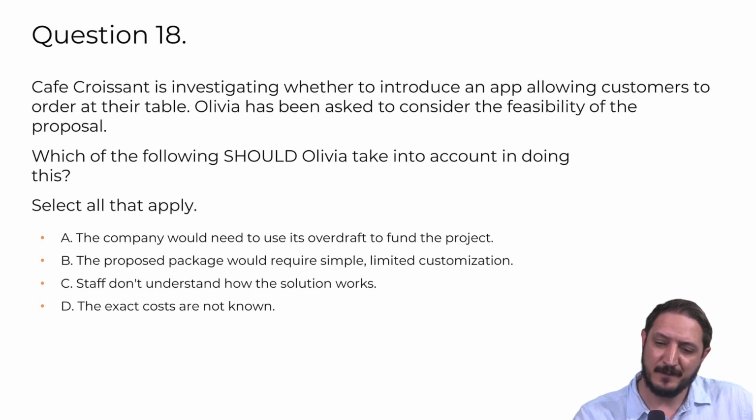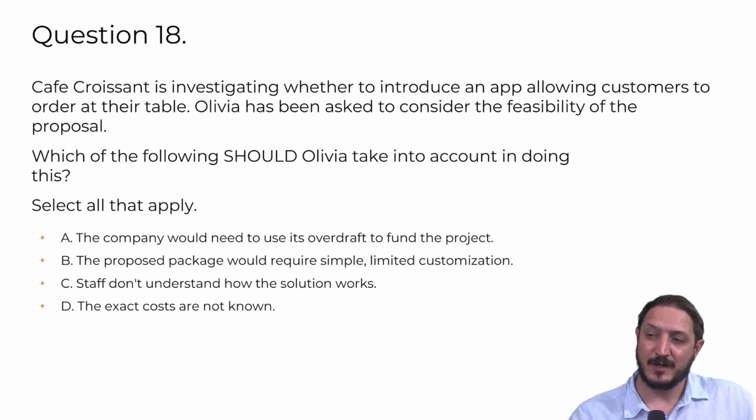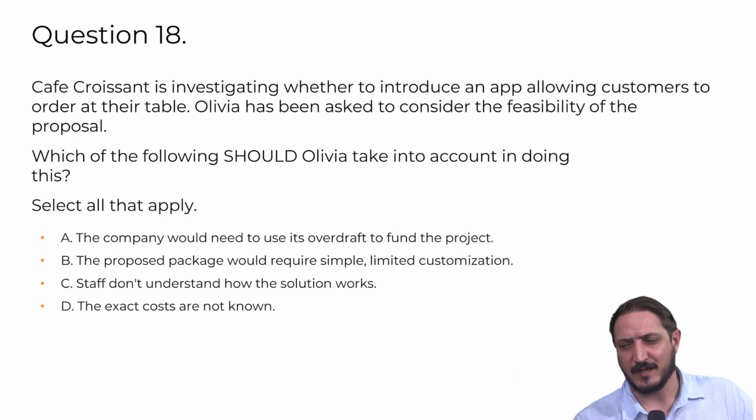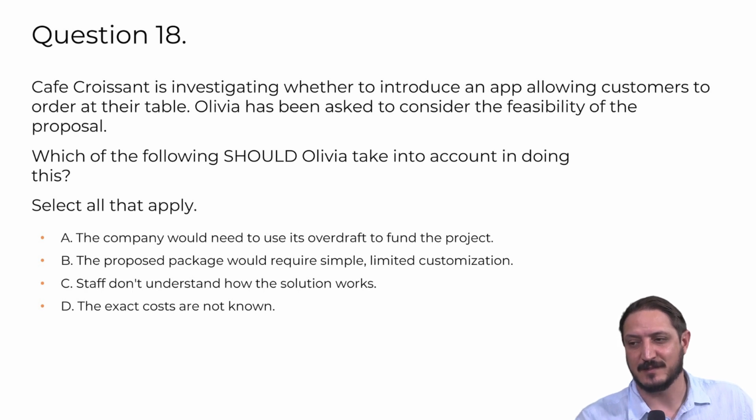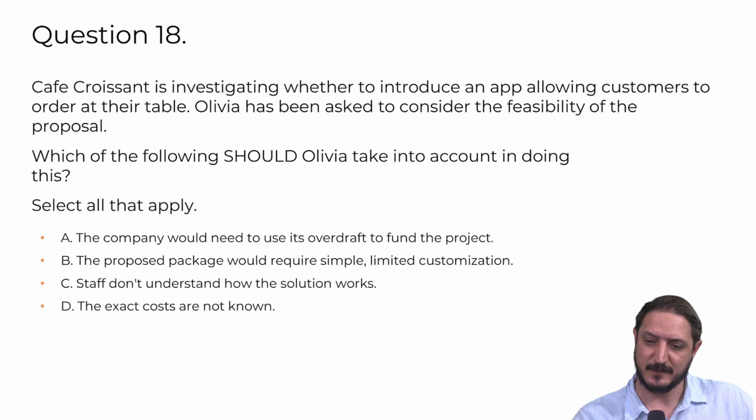Okay, so if we now look at these answers here, we have to think about what Olivia should take into account in terms of doing this feasibility assessment. It says A, the company would need to use its overdraft to fund the project. So what we do is look back to your studies, to those three categories of a feasibility assessment,